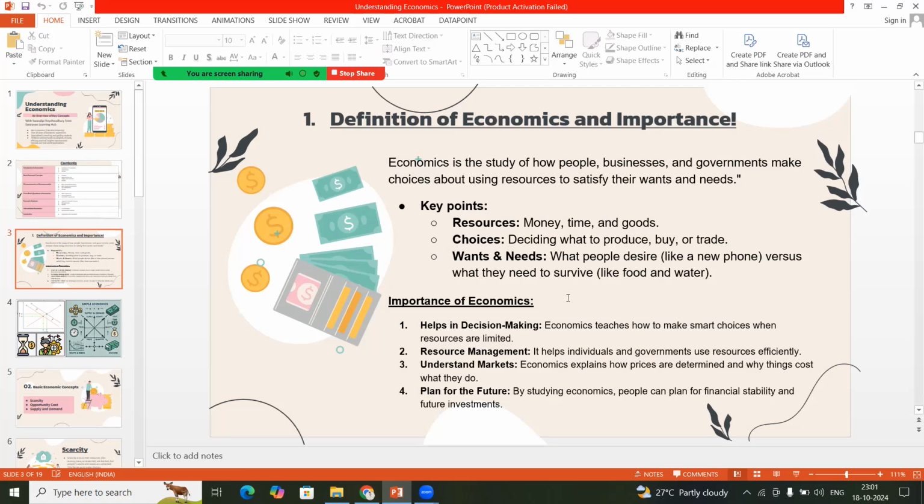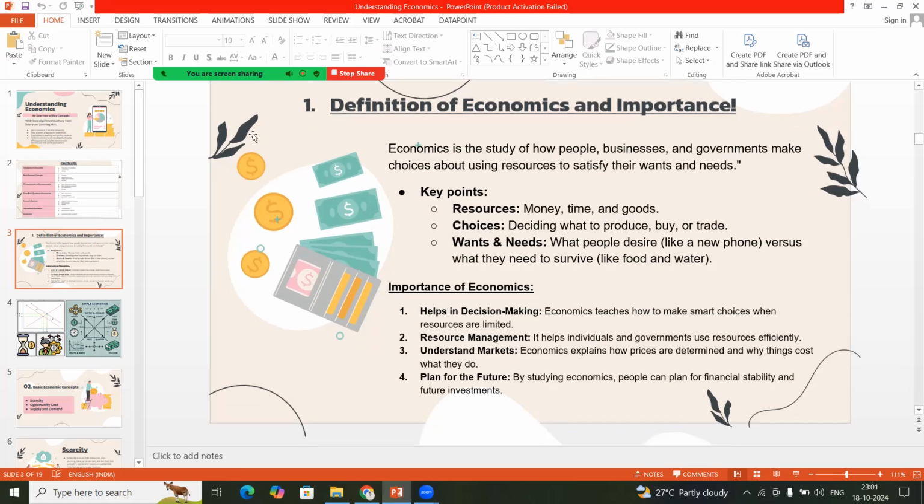Secondly, the choices. That is what we have to produce as per the demand of the consumers in the market. Now, who are the consumers? The buyers, like us, who will generate demand in the market. So, what is the demand? That is the desire and the purchasing power of the consumers.